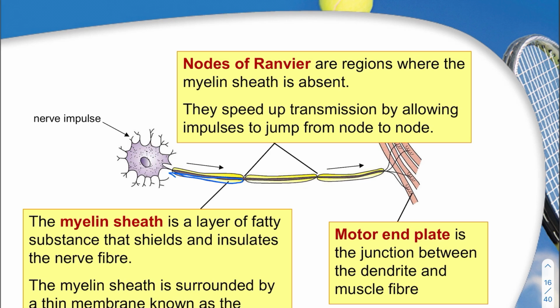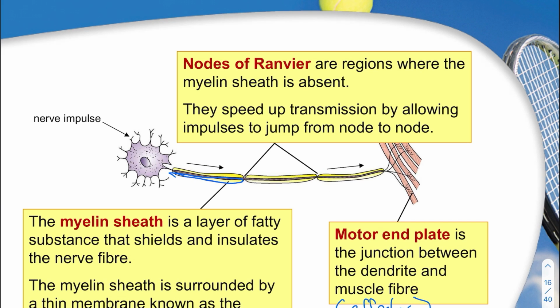As we are transmitting multiple electrical impulses, this myelin sheath acts as an insulator to retain and keep the nervous impulses within the neuron and not lost to the surrounding. So the myelin sheath is surrounded by a thin membrane known as the neurilemma, and the end of the motor neuron is known as the motor end plate, and this is the junction between the dendrite and the muscle fibers,